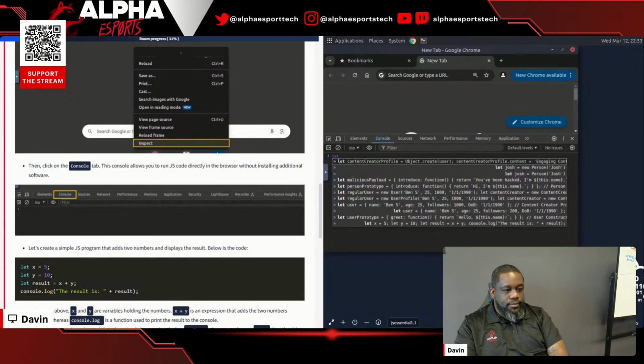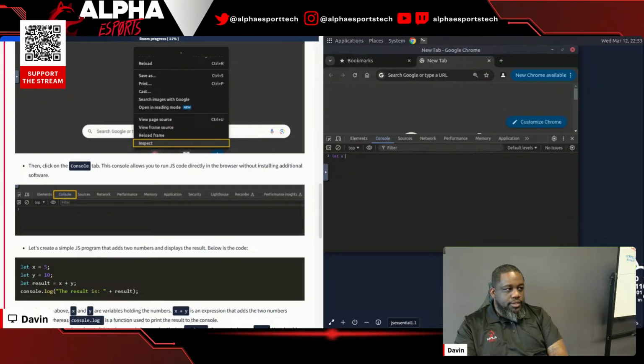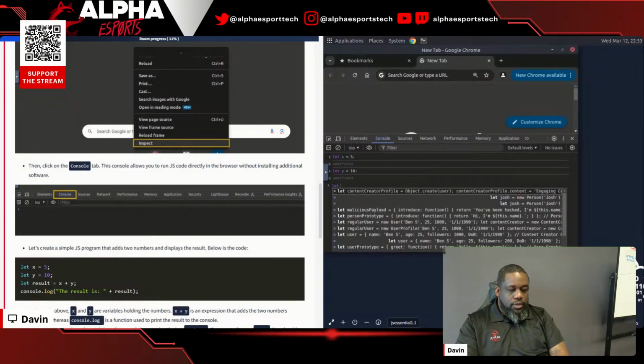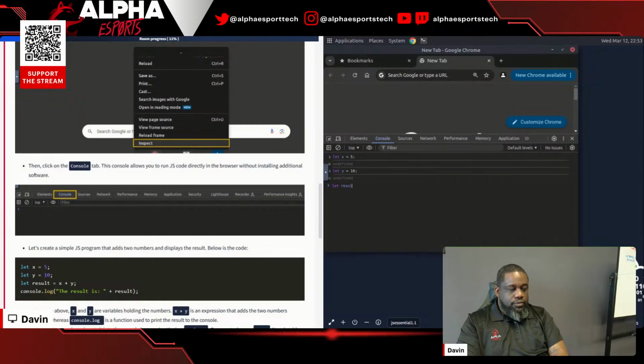So it says let x equal 5, and then we have to give it a semicolon. And then we're going to also do let y equal 10. And then we're going to do another semicolon. And then we're going to do one more called let result equal x plus y